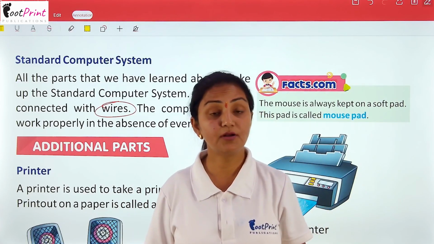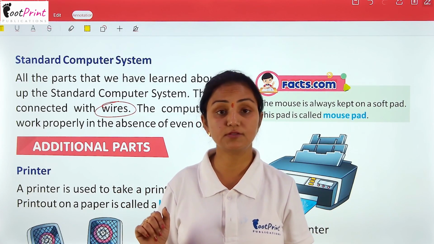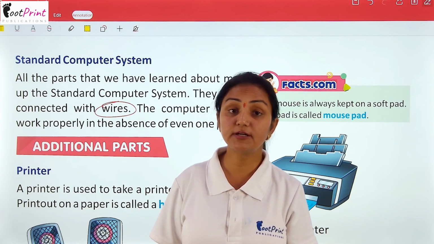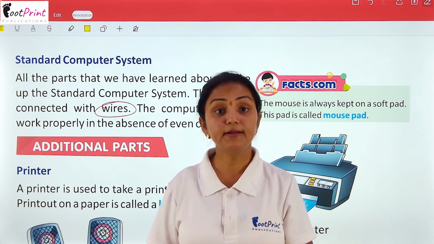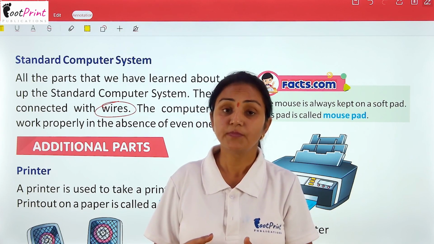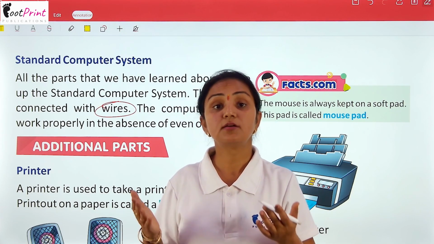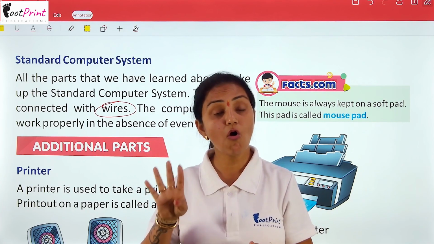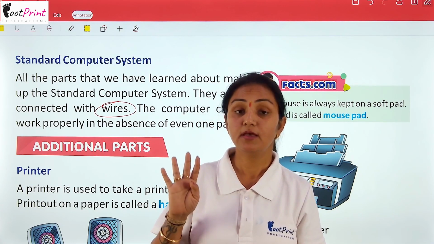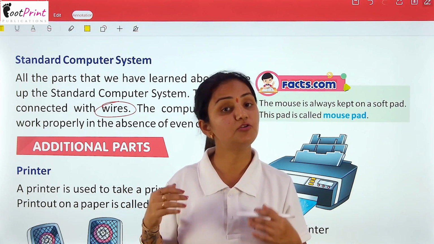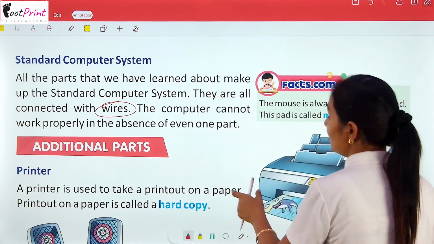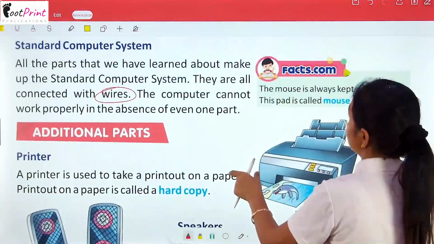अब माउस अगर आपका खराब हो गया है तो आप माउस के जितने भी वर्क हैं वो कंप्यूटर पे नहीं कर पाएंगे. कीबोर्ड खराब हो गया है तो कीबोर्ड से रिलेटेड वर्क नहीं कर पाएंगे. मॉनिटर ही खराब हो गया है तो क्या कर रहे हैं? You can't see there. So the thing is this, to work on the computer all these 4 parts are necessary. Okay, if one of them will not work, you cannot work on the computer, right? So take care of these parts of your computer.